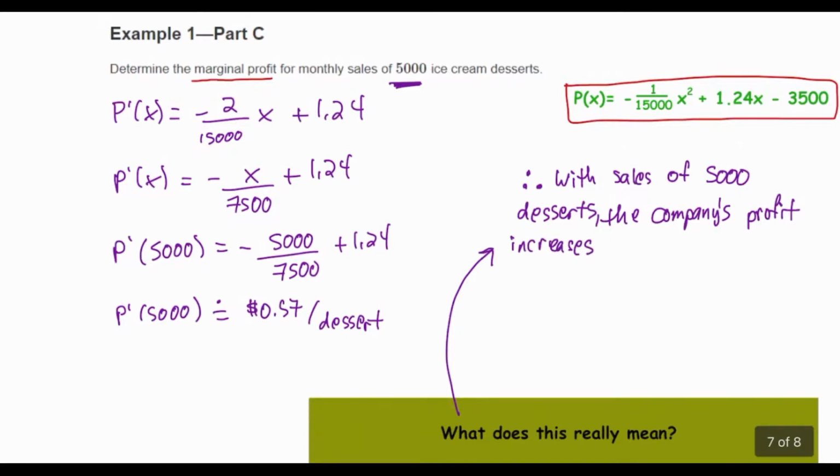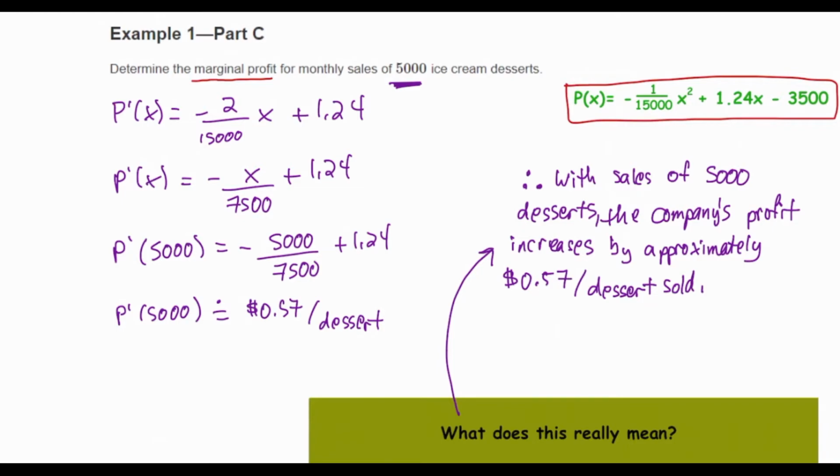Remember, it is possible to decrease. They can lose money at a certain point. So with sales of 5,000 desserts, the company's profit increases by approximately 57 cents per dessert